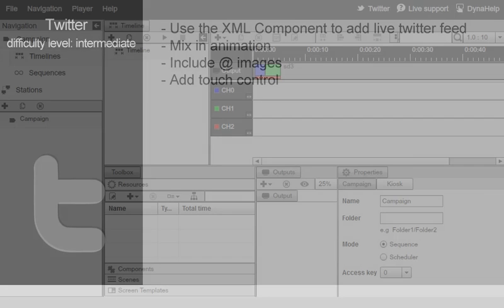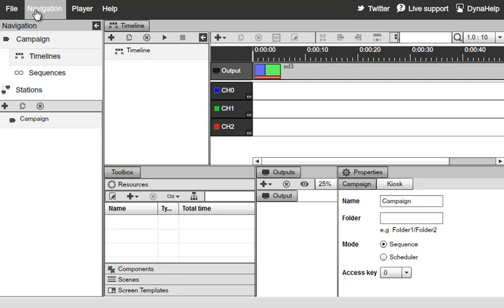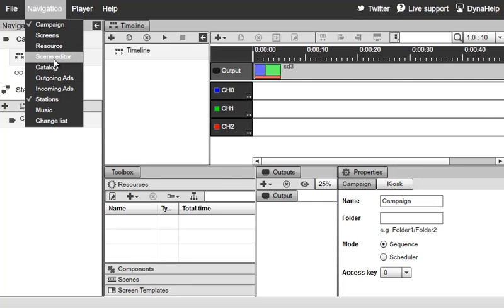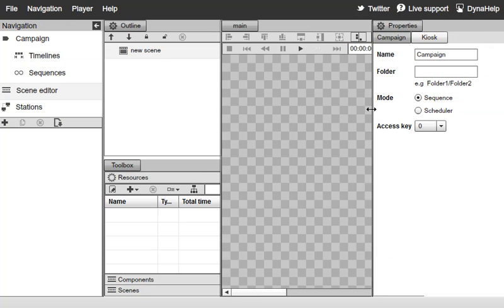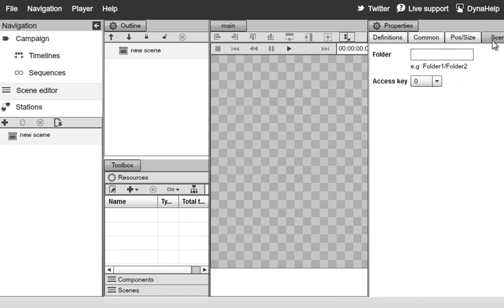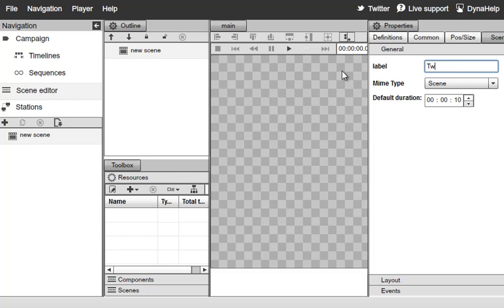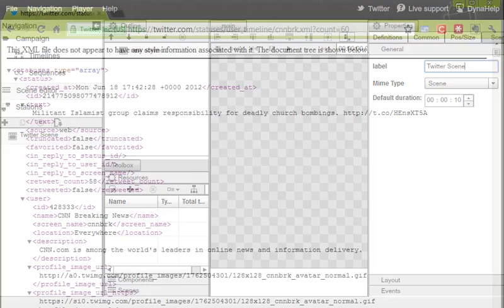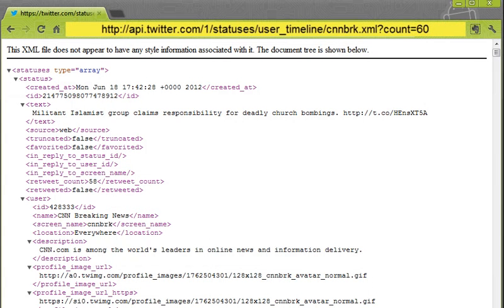So let's begin. The first thing I'll do is switch over here to my scene editors from the navigation, and I'll go ahead and add a new scene. Call this our Twitter scene. Press enter. So in the first example, we're going to use the XML component slideshow mode to simply show one